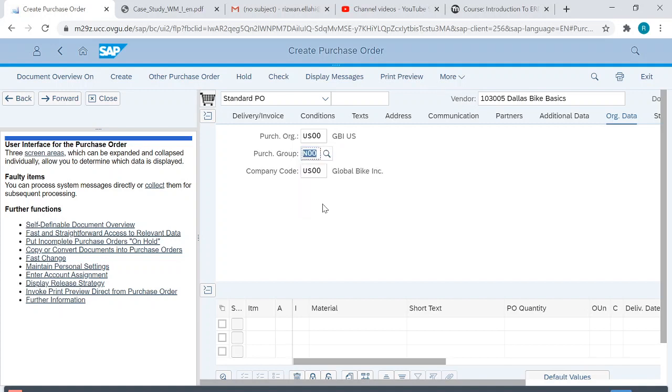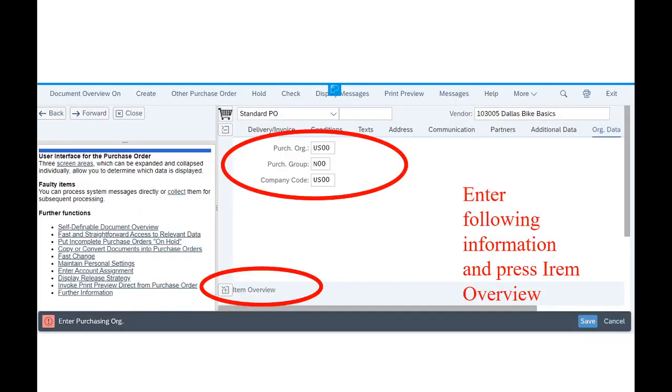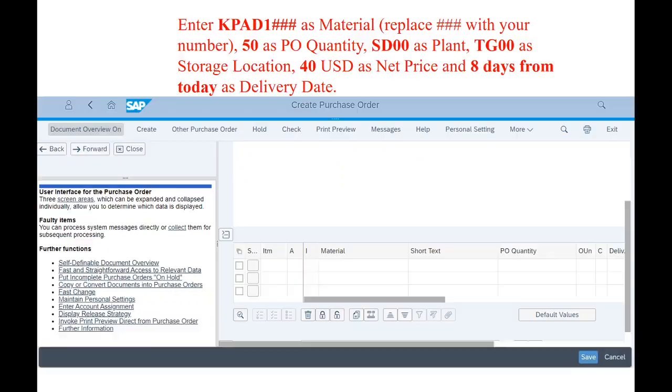North America is your purchasing group, the division for which you are purchasing, and the purchase organization is GBI US, and the company code is the same. So what you have actually done is opened the vendor, not created the vendor. You have opened the vendor from which you are purchasing the product, and you have entered your organization details and the division that you are buying for, that is the North American division of the company.